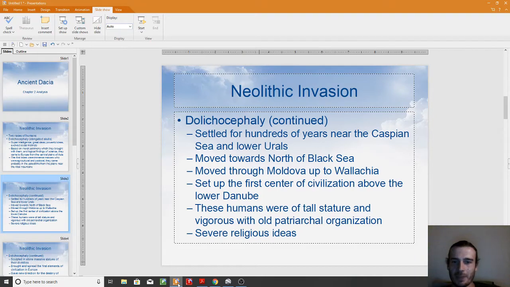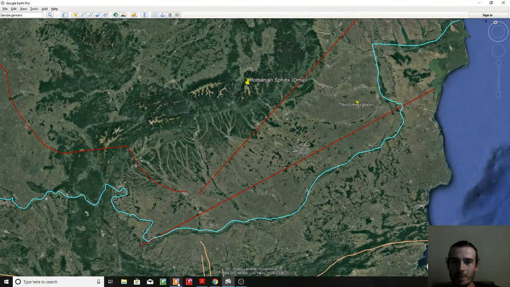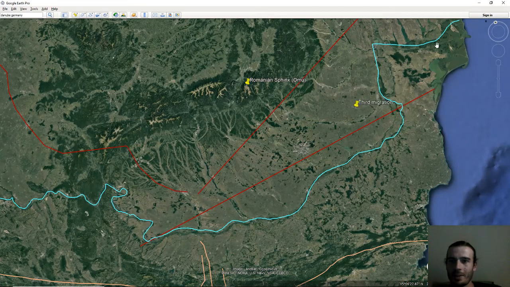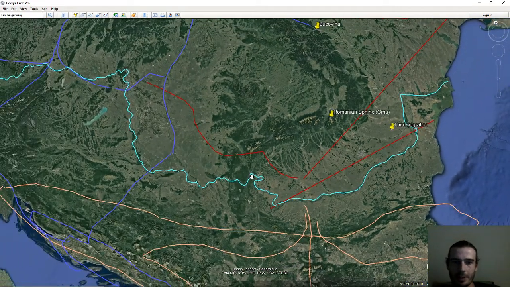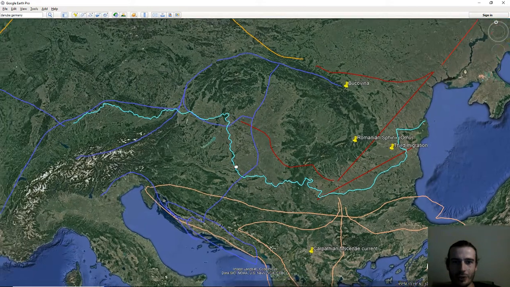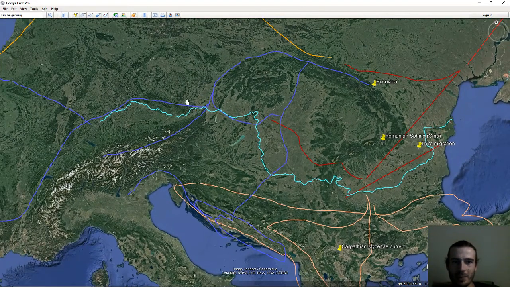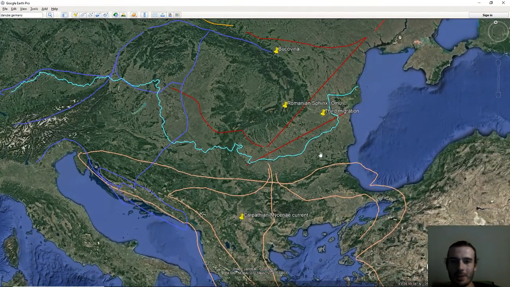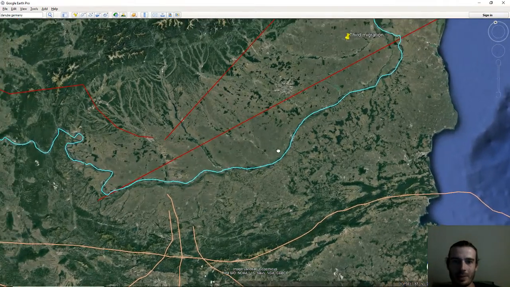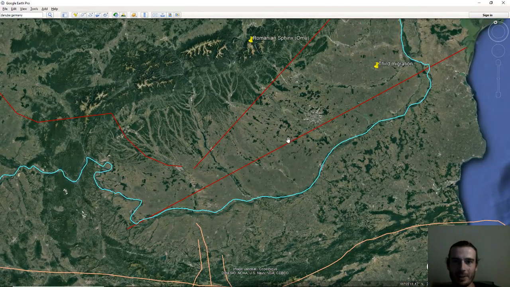This is where they set up the first center of civilization above the lower Danube. This light blue line, if you notice it, I drew that to mark the course of the Danube. The lower Danube would be the section close to the Black Sea, and the upper Danube would be the section in Germany. The meridional would be the halfway point. So when he speaks of the lower Danube, setting up civilization above the lower Danube,